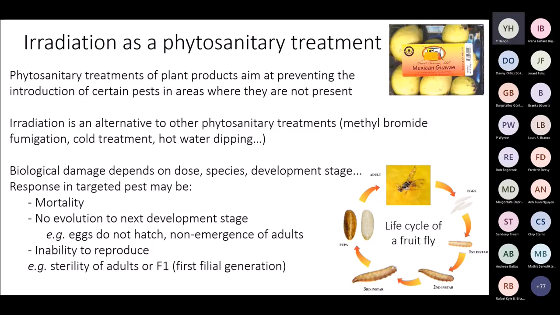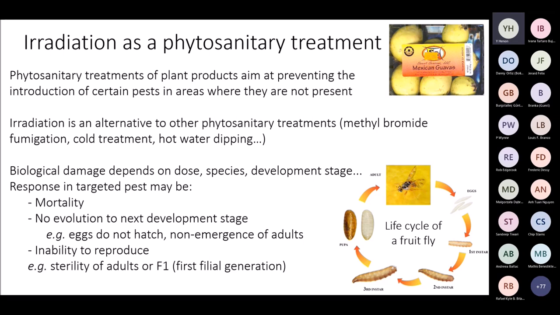Irradiation as a phytosanitary treatment is something rather new. That started really less than 20 years ago, with Hawaii sending irradiated fruit and vegetables, in particular sweet potatoes, to the continental US. These had been treated because Hawaii has insects that the US do not have and do not want. So there are different ways to apply what is called a quarantine measure or phytosanitary treatment to fruit